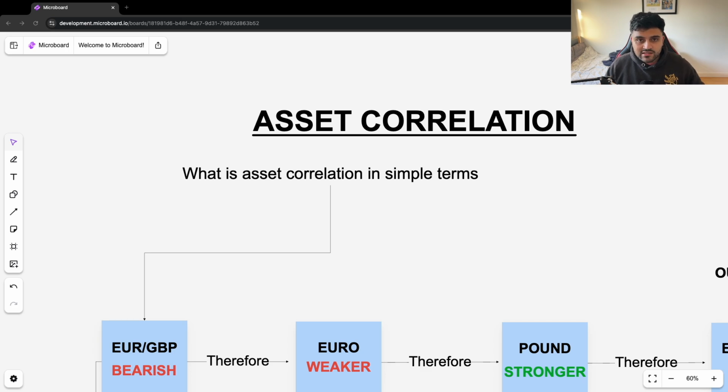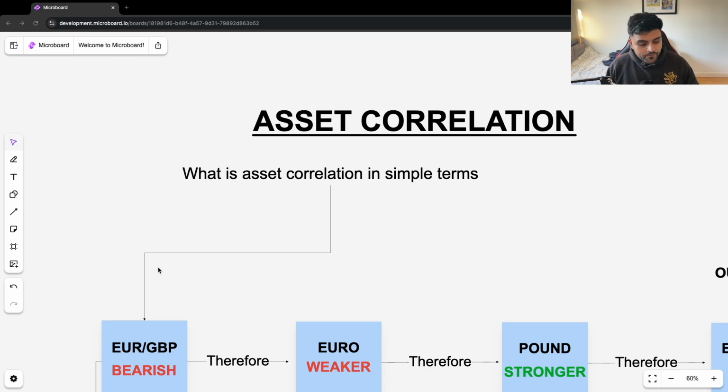So what is asset correlation and how has it helped me and how can it help you? I'm just going to tell you from my experience how it's helped me and how you can use it. So asset correlation, what is it in simple terms? Asset correlation in simple terms is basically assessing the strengths and weaknesses of one currency pair. And with that conclusion, if it's bullish or bearish, we're going to make a decision on which currency pair to